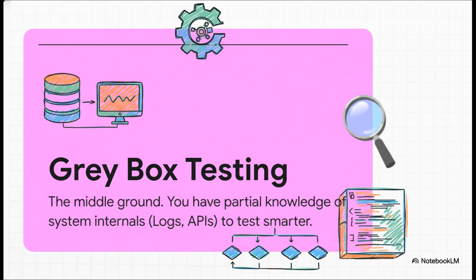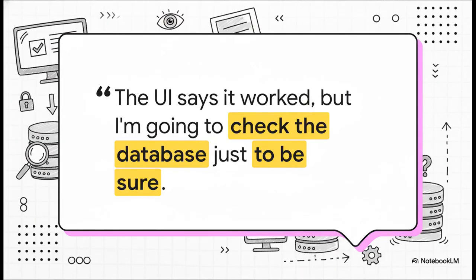You have just enough inside information to test way, way smarter. This right here, this is the anthem of the gray box tester. They are the detectives of the QA world. They see the success message pop up on the screen, but they're a little skeptical. They're not just taking the UI's word for it. They're going to go behind the scenes and check the evidence, the database, the logs, to make absolutely sure the